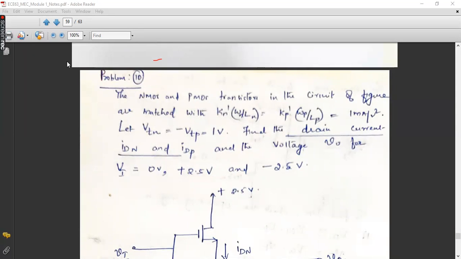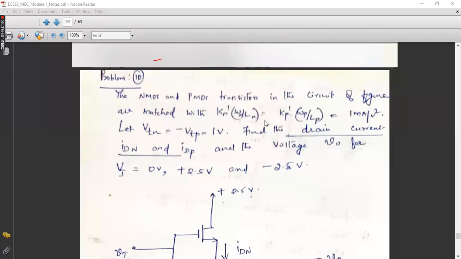You have to draw the graph and explain it, consisting of those three regions: saturation region, cutoff region, and the triode region. For drawing the graph, you have to explain from the beginning, starting from the large signal analysis, then going through the drain characteristics, then coming to the transfer characteristics. It is actually a theoretical approach. Even though the topic is graphical derivation of the transfer characteristics, we are deriving the characteristics with the help of the characteristic curve, that is, the drain characteristics. We don't have numericals in that part.